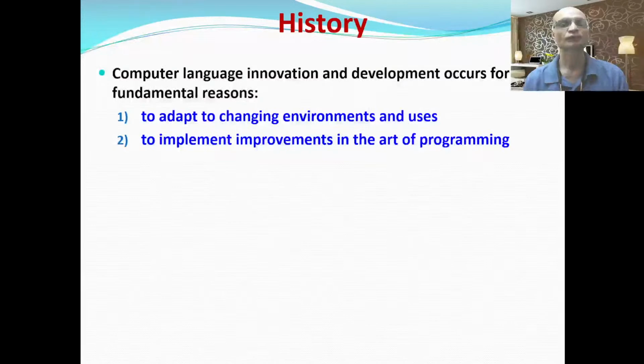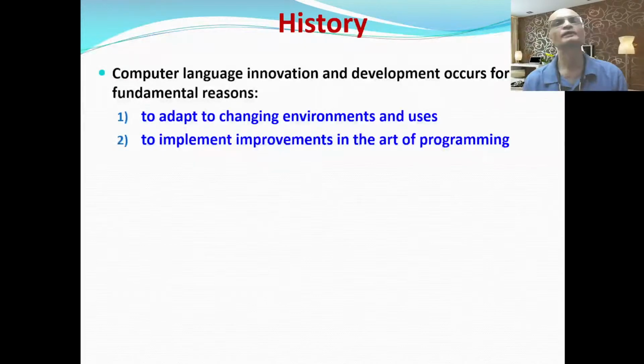Apart from that, the more complexity gets added to the software, the art of programming also needs to undergo change. For example, people were earlier coding in assembly language. Assembly was able to cater to a few lines of code in one go, or some few thousand lines of code I can say. However, that was not enough, because as more and more complexity got added into software, the evolution happened, and then the programming languages happened.